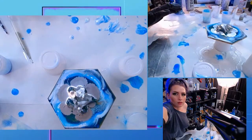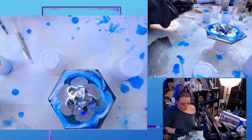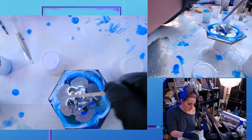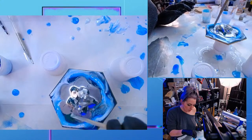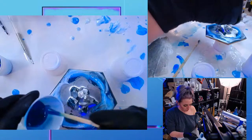It's 100 in Australia, right? You're good. Can you see this bloom? That is what I mean by blooming. That's an okay look sometimes, but